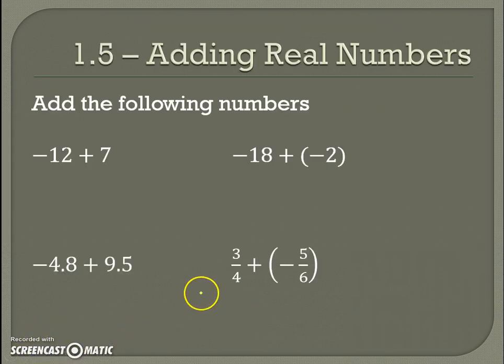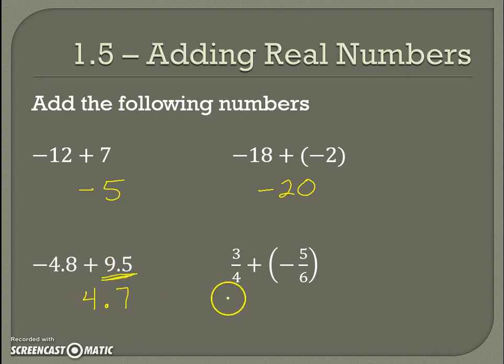All right, so let's go through this. Add the following numbers. Here, the signs are different, so you should be able to see that very quickly. Know that that is -5. This one's signs are the same, so I add them as I always would and just keep the sign. This, the signs are different, so I find the difference. And after I find that difference, I keep the sign of the greater absolute value, which in this case is